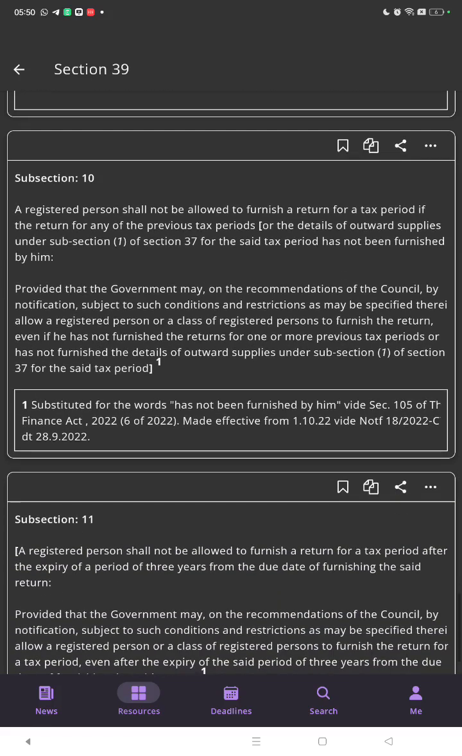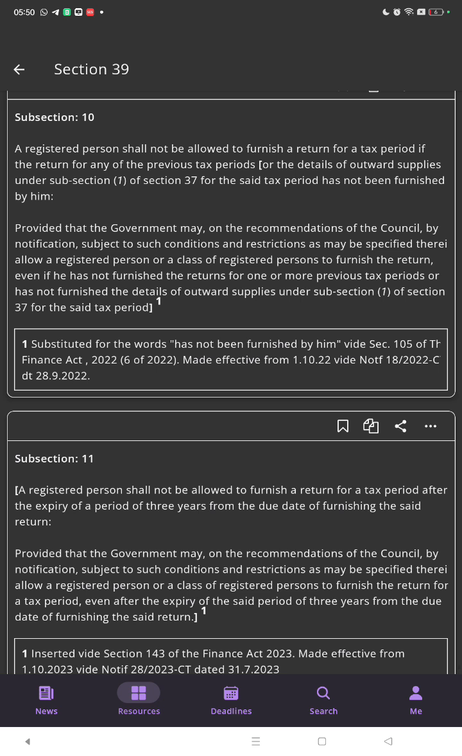Subsection 10: the registered person shall not be allowed to furnish a return for a tax period if the return for any previous tax period, or details of outward supplies under subsection 1 of section 37 for the said tax period, has not been furnished by him, provided that the government may, on the recommendation of the Council, by notification, subject to such conditions and restrictions as may be specified therein, allow a registered person or a class of registered persons to furnish the returns even if